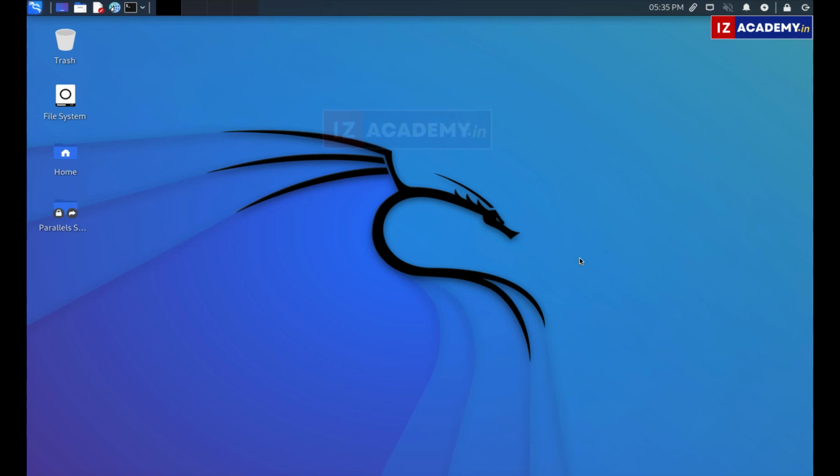So before we get into the nitty-gritties, Linux is always a very interesting operating system because it has a graphical user interface, which you are seeing, right? This is the interface of Kali Linux. Kali Linux is again a Linux distribution based out of Debian, which is different from Red Hat. A few commands are different, but